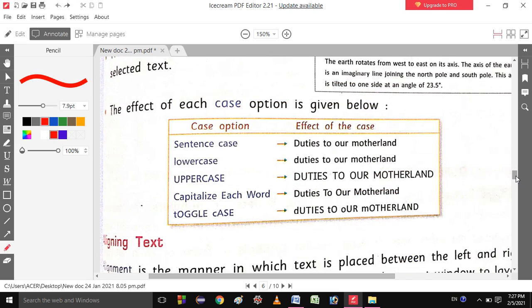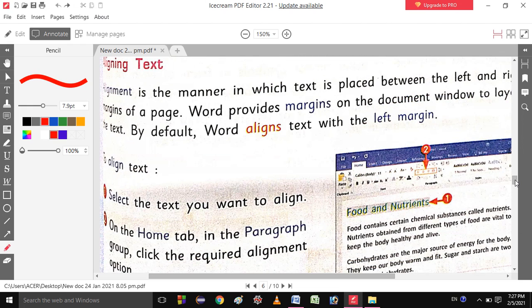So these examples are given. What things I told you, the same things are written. Sentence case means this, lowercase means this, uppercase means this, capitalize each word is this one, and toggle case is this one.